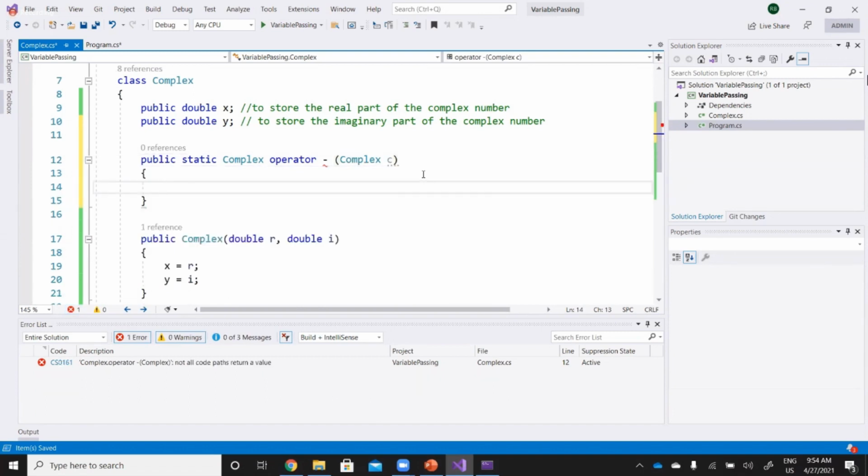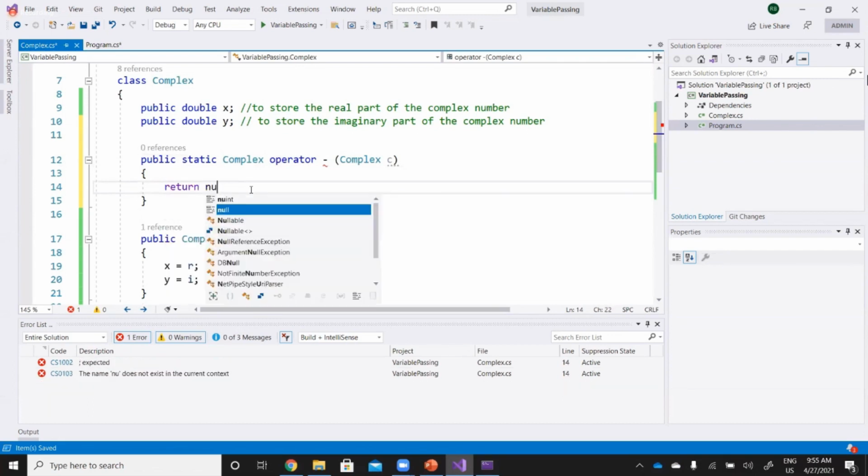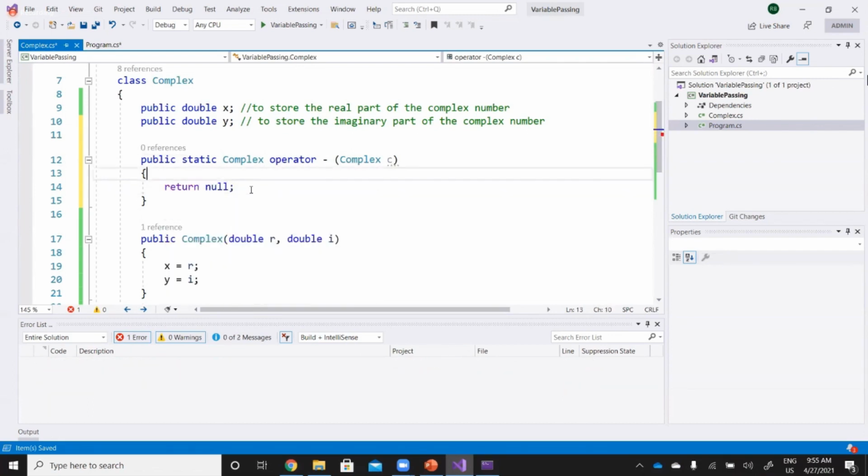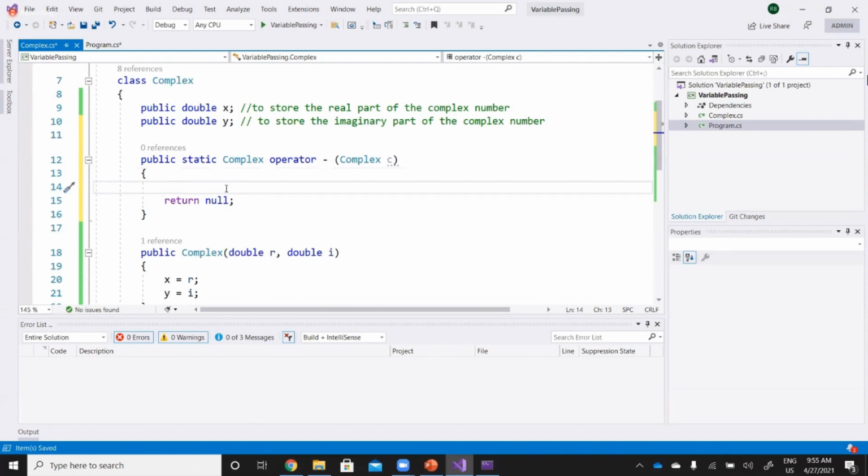Right now, since we are just asking for returning a complex number, so for now let's return null.